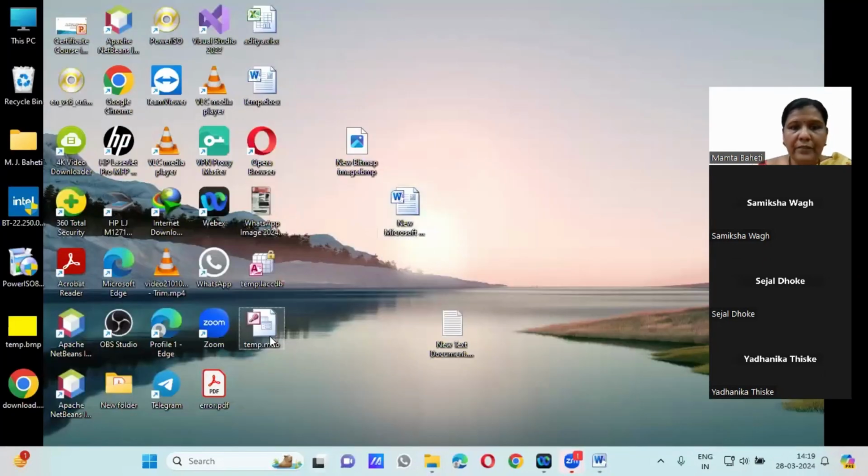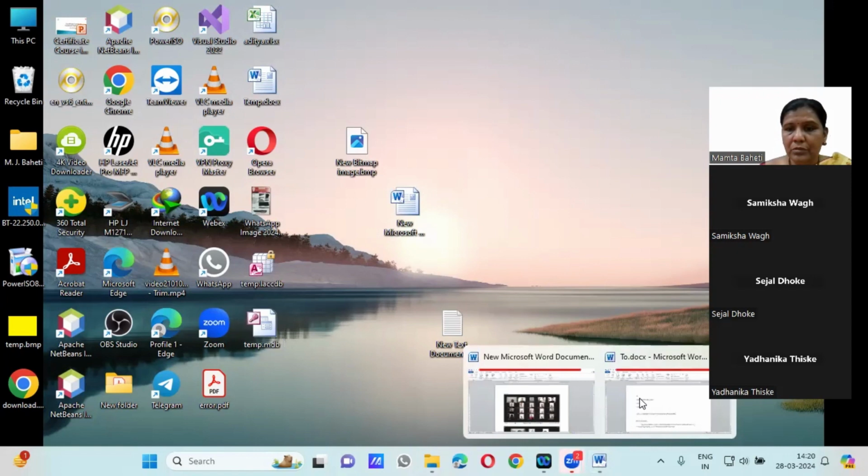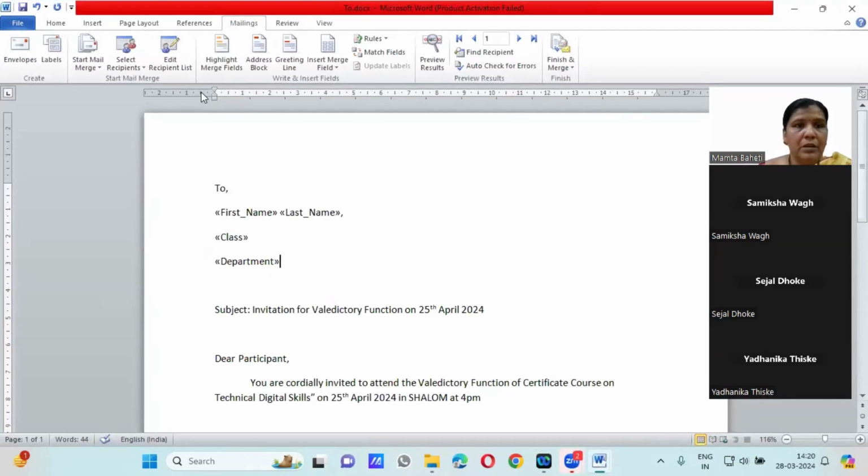On desktop, I have created the temp.mdb file, which has the actual contents, or you can say the recipients list, the details of the people to whom the letter or the draft has to be shared. Okay, so this is written in that. Now what I'll do, after